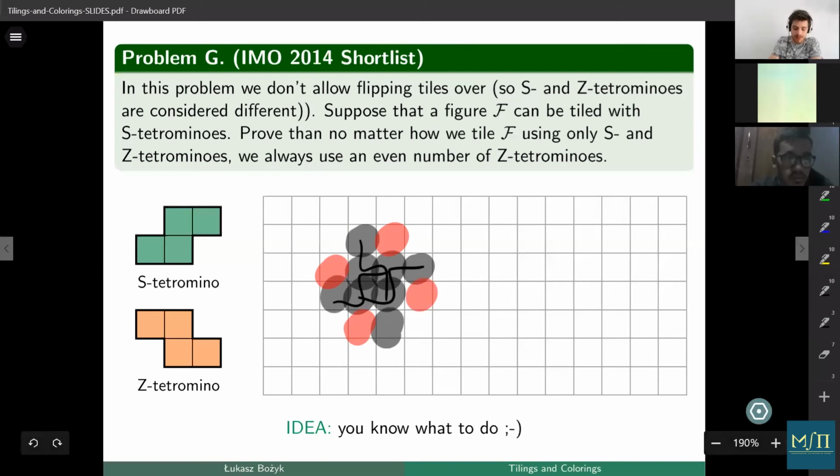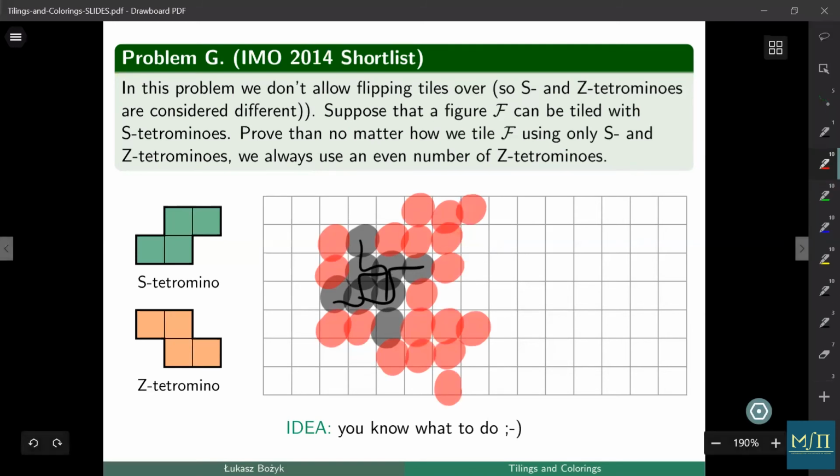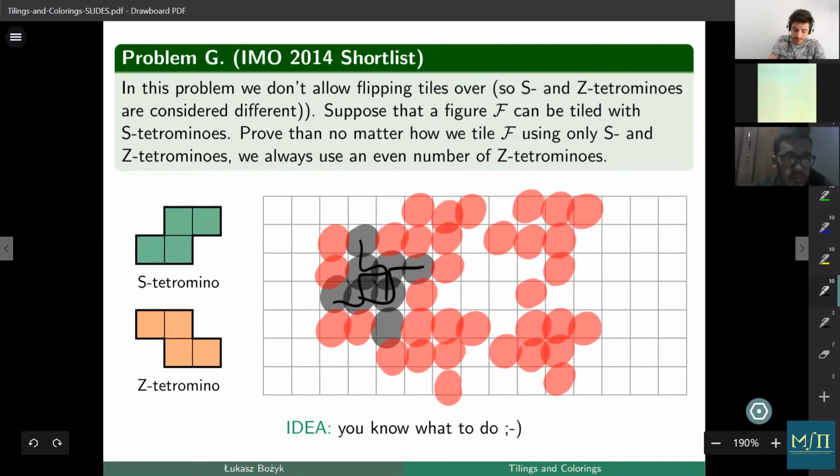This can be deduced to be of the other color, and if we proceed, I'm rushing a little bit, as you can see, then what follows is this nice coloring,